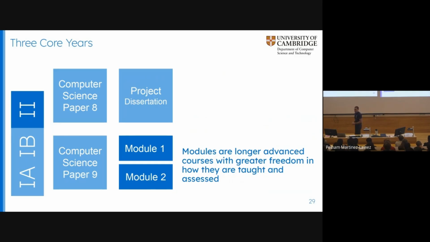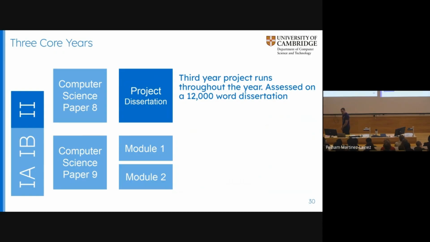So you get to do 2 of those. The last thing, very common for, at least for UK 3-year courses, at the end you do a project which runs the whole year. As an individual project, so this isn't a group project. And at the end of that, you produce a roughly 12,000-ish word essay or dissertation, and of course that gets assessed. And the way I've laid this out should give you an idea of how important each component is to the year. So 1/4 is a dissertation, 1/2 is the papers, and 1/2 is the 2 modules together.